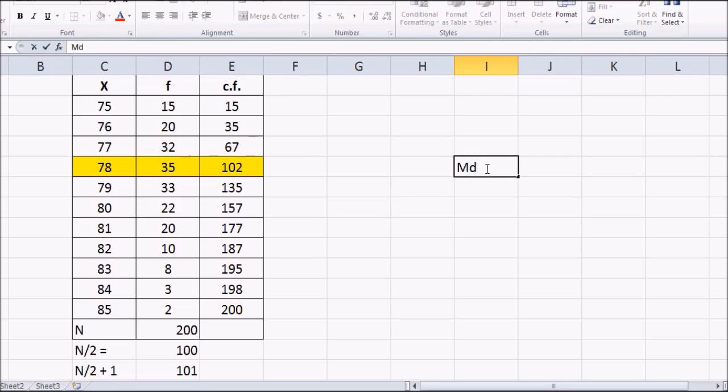So median is, and this is also my second quartile. So